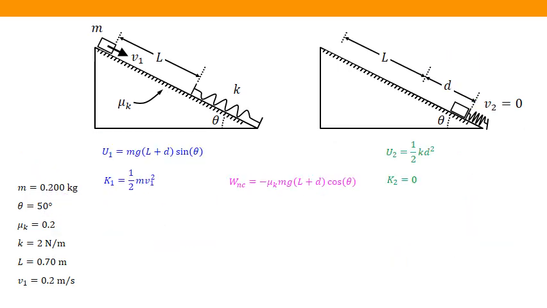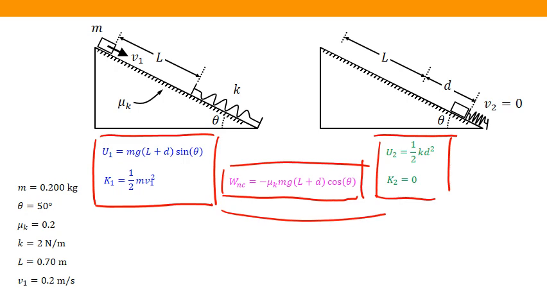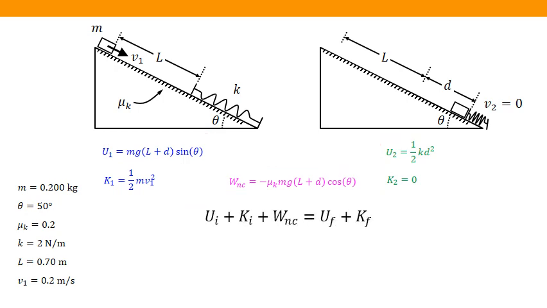With that, we've now worked out all the bits. We have our initial mechanical energy worked out. We have our final mechanical energy worked out, and we have the work done by non-conservative forces that move us from our initial to our final mechanical energy. So we just have to populate this equation. This is the energy conservation equation. And when we do, we get this